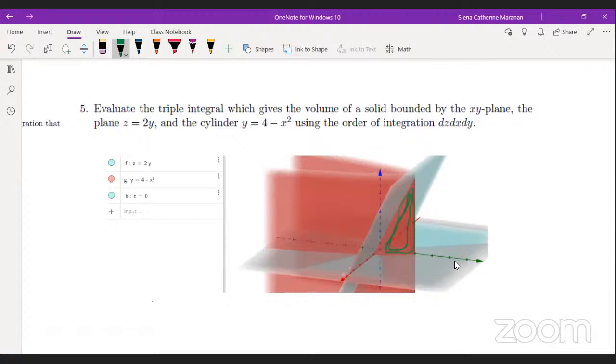Okay, so yan po yung ating solid. Okay, and then with respect to z, ang kailangan nyo lang gamitin ay, so you have this, and yung graph natin, yung equation for the xy plane is just z equals 0. Okay? And then, for the other bounds for integrals natin dito, okay, so ang gagamitin nyo lang ay